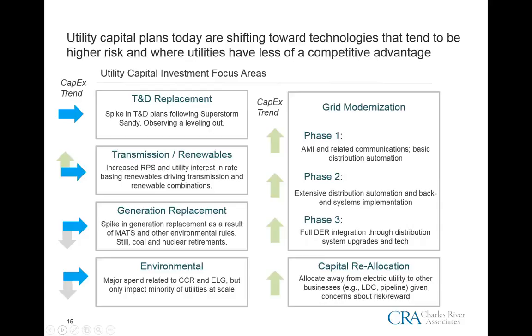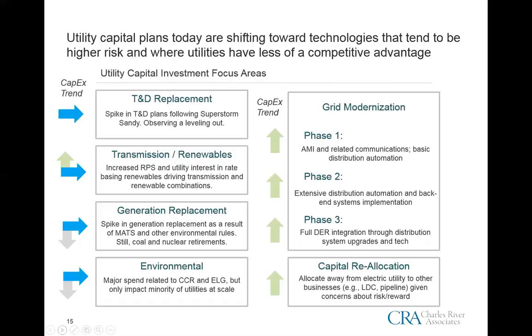I put only a couple of utilities in phase 3, like Edison International. A number of utilities are really just embarking on phase 1 or really fleshing that out. And then I think a good number are moving into phase 2. The phase 1 utilities are, some of them got the ERA funding years ago and were able to build pieces of their system. AMI and related communications give you the basic DA structure. It doesn't allow you to do nearly what all of smart grid contemplates, but it does provide some application.